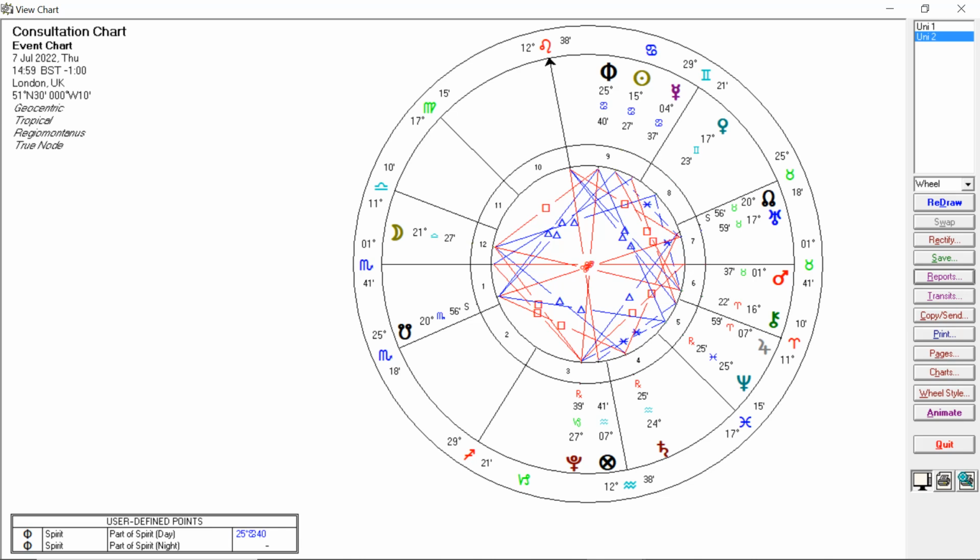What that means is certain planets enjoy being in daytime charts and certain planets enjoy being in nighttime charts. Mars, ironically, is a very traditionally hot, dry planet, actually prefers the nighttime because the nighttime cools Mars down. Mars can only make friends when he's not quite as incendiary. So Mars prefers being in nighttime charts. And when planets were traditionally said to be out of sect, so Mars in a daytime chart would be said to be out of sect.